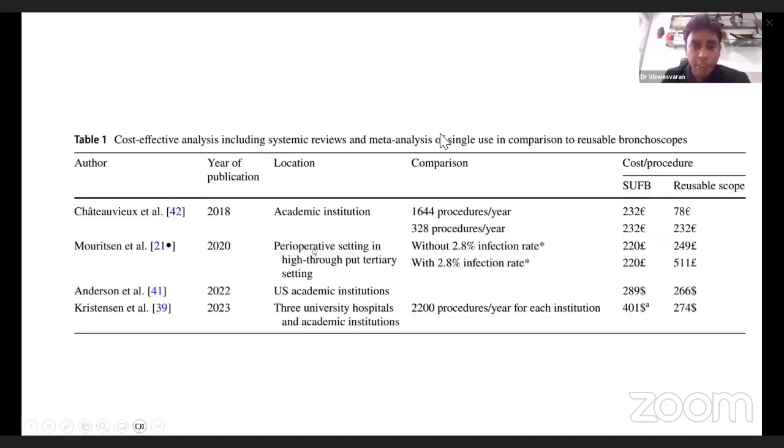In addition to this, in a perioperative setting, in a high output tertiary setting, they found that without a 2.8% infection rate, the cost-effective analysis showed that the single-use bronchoscope in fact fared better than your reusable scope. But with your 2.8% infection rate, which we saw earlier, they found that if you take into consideration this post-procedural infection rate, then probably your reusable scope cost is going to be exponentially higher in comparison to your single-use